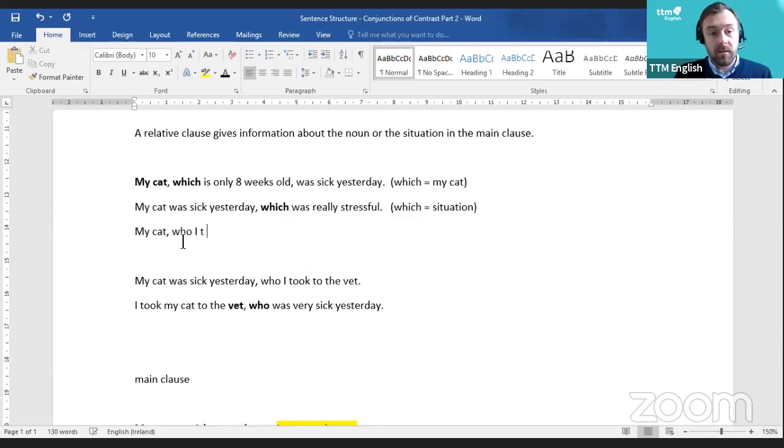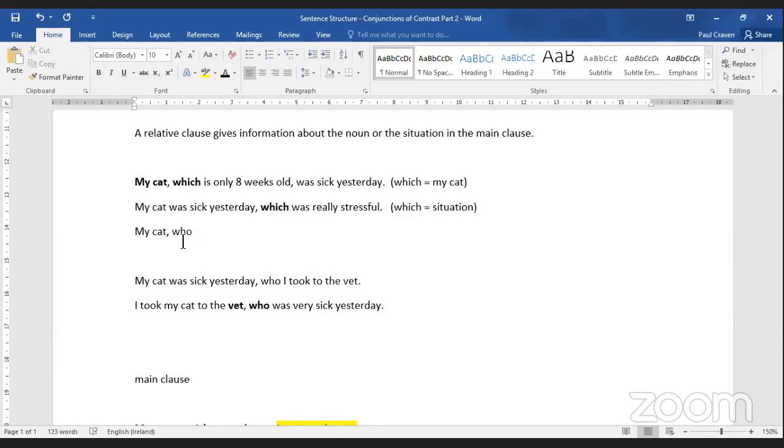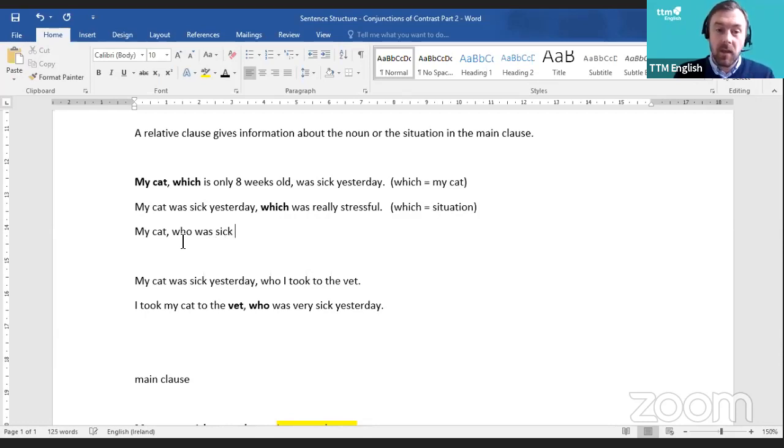Or you can do this. Is there any other way that we could do it? My cat, who was sick yesterday, but now we can't just say "I took to the vet." We can't do that. But we could do something else. We could put something like, let's use a modal verb of obligation: had to go to the vet